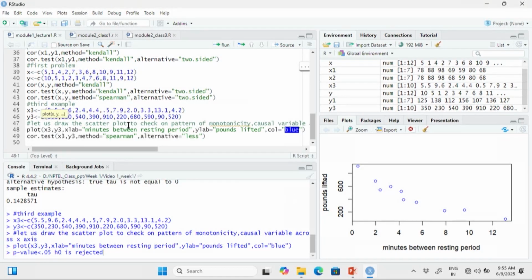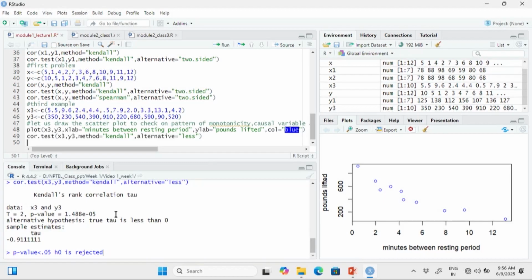Now, let us have that correlation method. We are going to use Kendall's tau, and make the run. Alternative, have a very minute mind to write the alternative, because we have checked that alternative is tau less than 0. So, run. Have you checked? The tau is minus 0.911, which is quite strong, strong negative association,